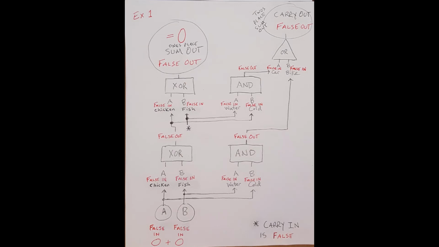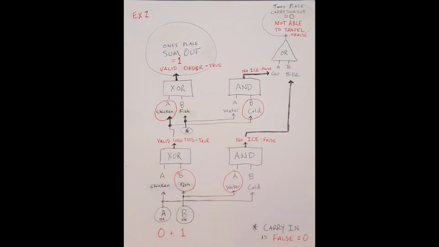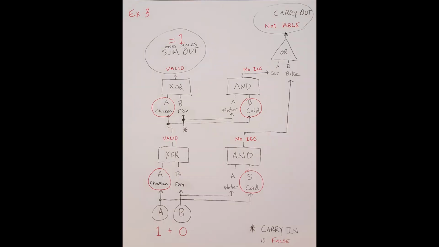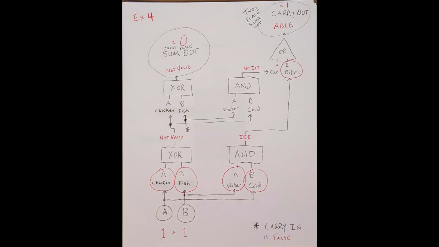In example 2, A is 0, and B is 1, and the diagram shows the resulting sum of 1. In example 3, A is 1, and B is 0, and again the diagram shows the resulting sum of 1. And in example 4, both inputs are true, so the sum produced will be a 0 for